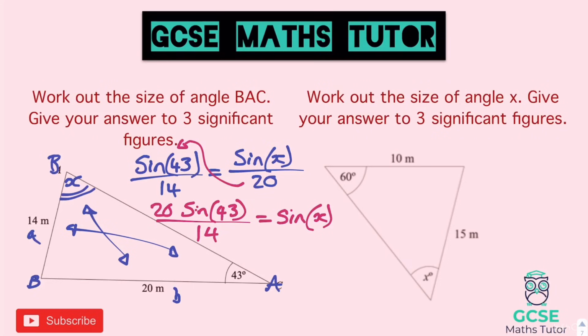Now if I type that all in, let's see what we've got. So fraction button, we've got 20 sine 43, and on the bottom 14. Press equals, and we get 0.9742. Obviously we're going to do the inverse of sine again, so I'm going to do sine minus 1, shift sine, and then in there we've got 0.97428 and a few more decimals, and this is why I'm going to use the answer button because I don't really want to be typing all of those numbers in. Let's see what we get for that. So shift sine, answer, close the bracket, and it comes out as